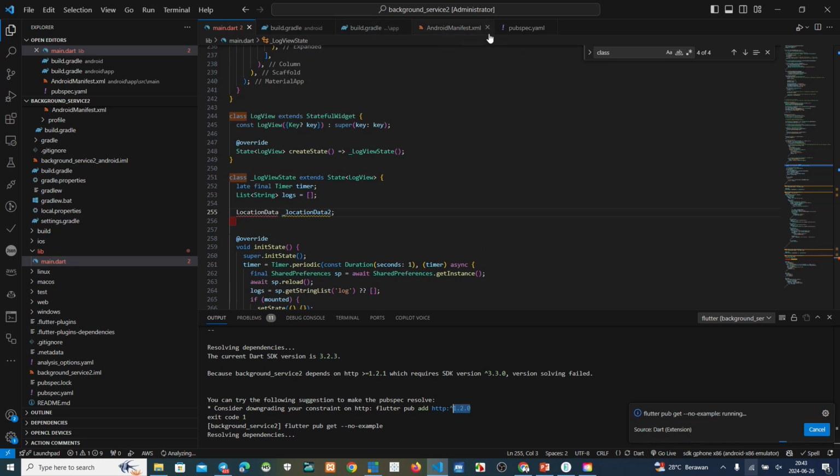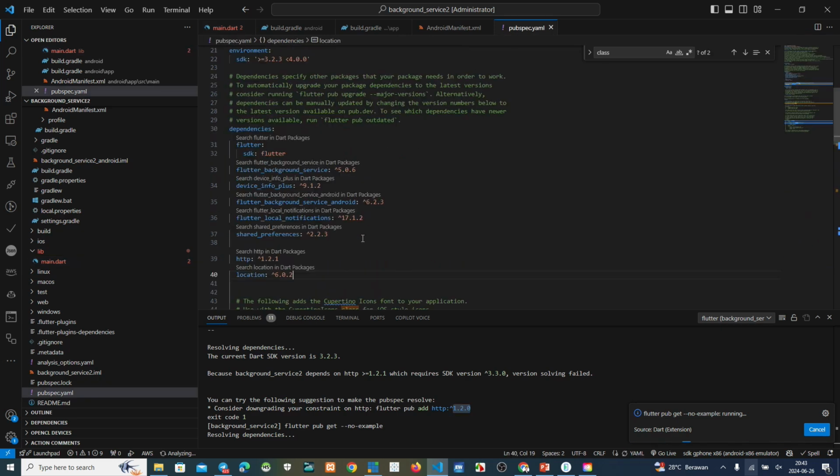Where is it? This one. We change from 1.2.1 to 1.2.0. Okay, we must update this.